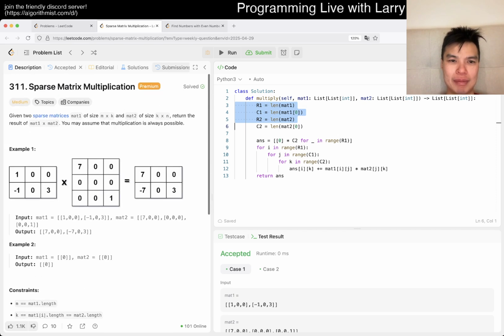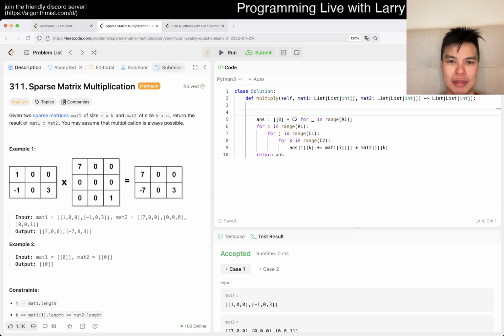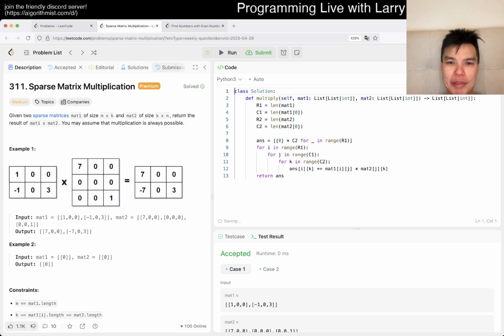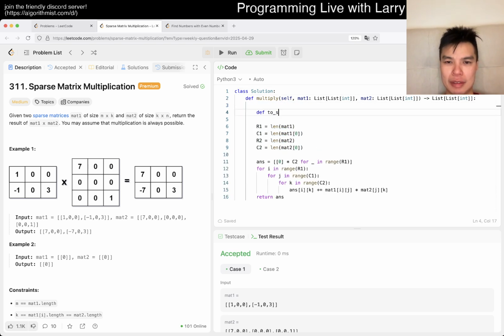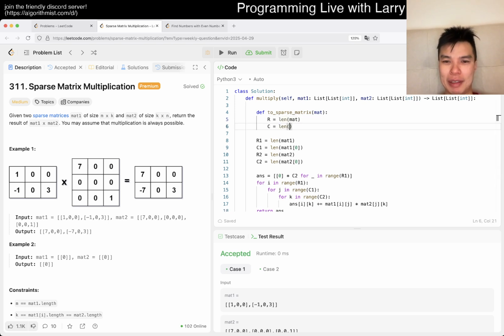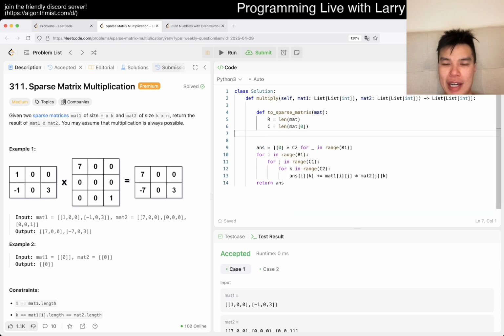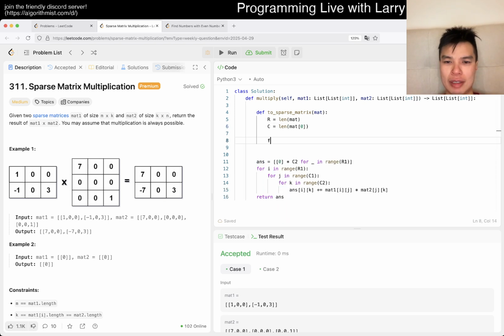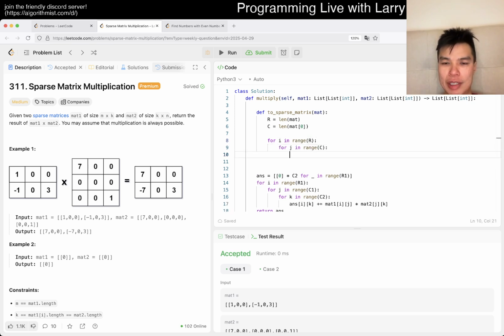Maybe we can have something like this, and I'm not writing good OOP here because I'm traveling and trying to get out of here a little bit. But I think the idea would be just to convert to a sparse thing. We convert it to a thing. How do we want to store it? Just like a lookup table, right? So f of